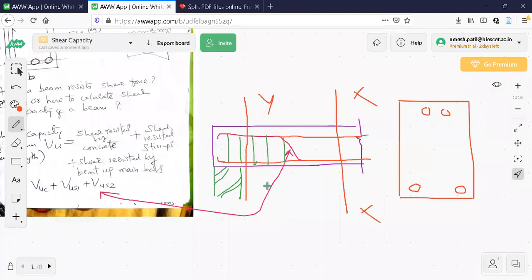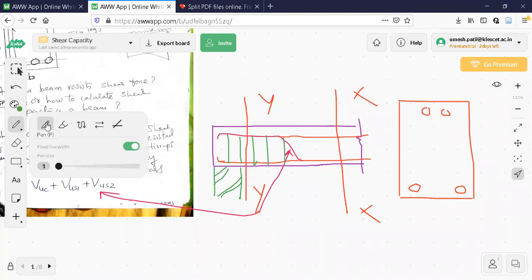This is Y, Y, this is X, X. If the section is at Y, Y, this is happening. If the section is taken at X, X, what will happen? All 4 bars are seen at the bottom only. But I am looking at Y, Y here. Since section Y, Y, if you cut it, there will be 2 bars. In addition to this, you see this one, 2 more bars are there.